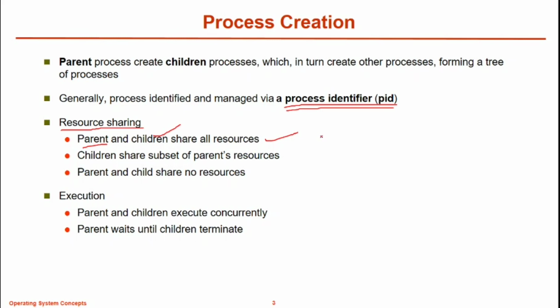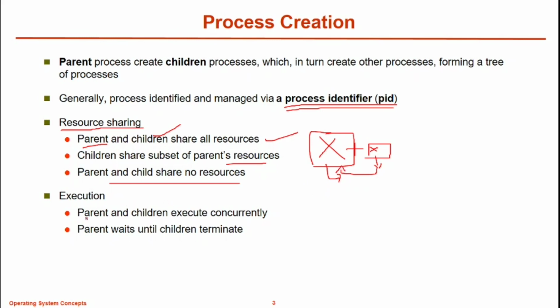If the resource X is shared by the parent, the child can also share its own resources. So capital X is the resources shared by the parent, and small x is the resources shared by the child. Both are there by default, and the small x is extra if it is required. Children share a subset of parent resources. Parent and child share no resources. Parent and child share resources, but what is shared by the child cannot be shared with the parent.